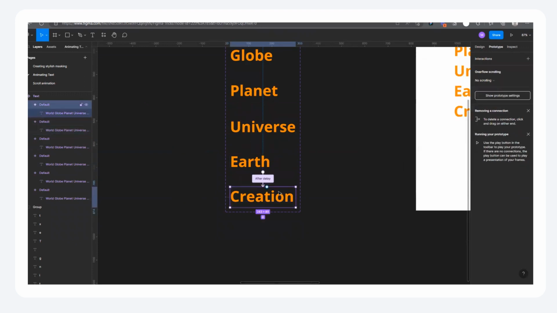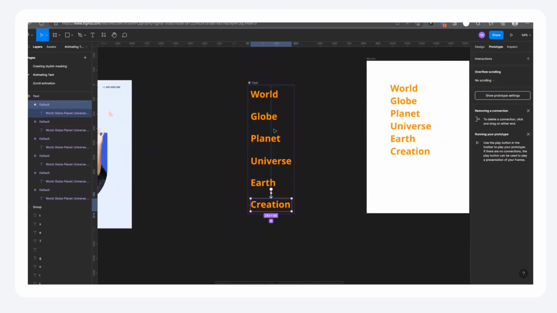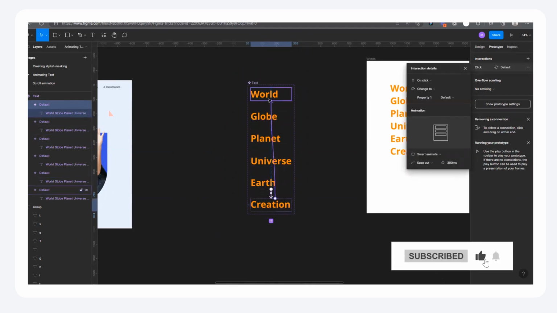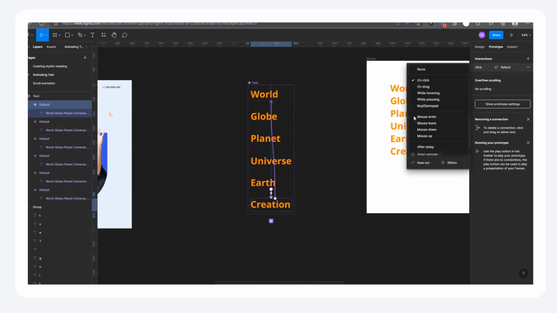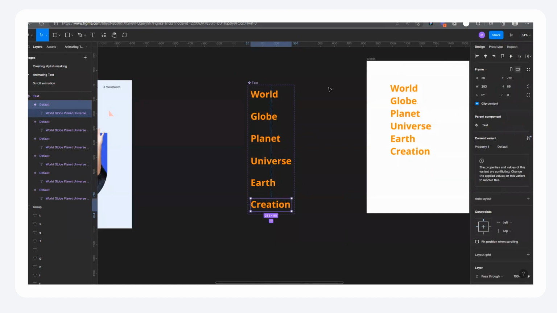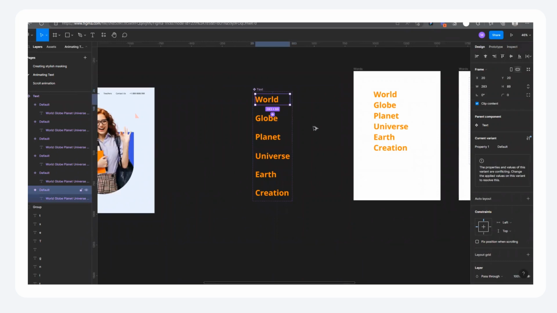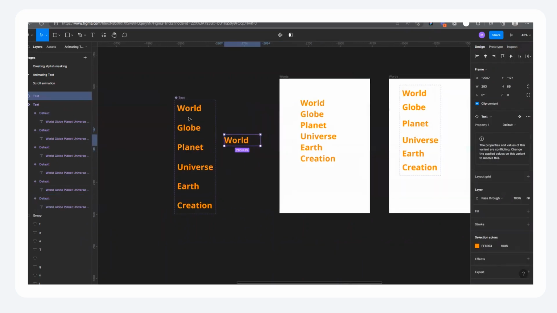Then take this one. The reason I'm taking this one back is so that it will be a continuous loop. We don't want to be activating it; we want the animation to continuously loop, right? So you connect it back to the first one, so that it can always loop and not stop, right? So now that we are done connecting the animations, we'll just